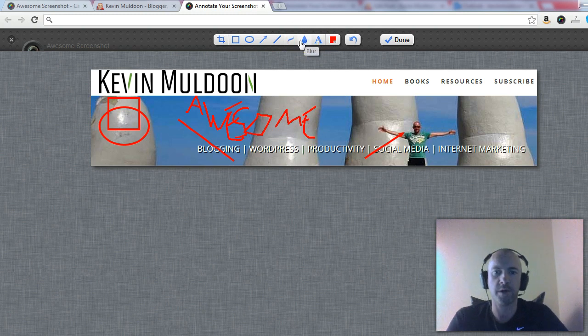This one, the blur button, is quite useful too. So if you take a screenshot of a page, for example your Facebook page or a page that's got your email, then there might be certain things that you don't want to show in a screenshot. So using the blur tool, you can blur it out. So just select that,